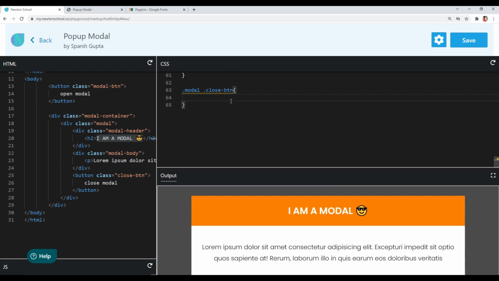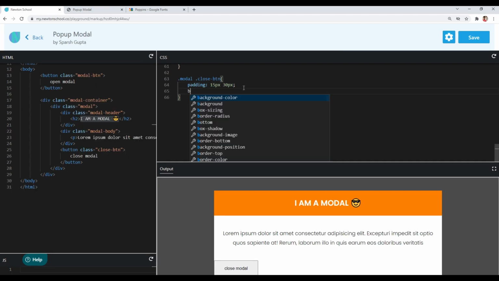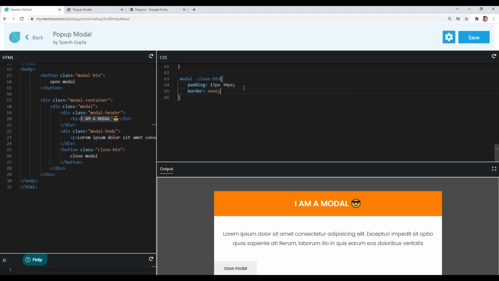First of all, I will give some spacing inside it. So I will use padding and I want 15 pixel from top and bottom and 30 pixel from left and right. I don't want any border, so I will give none to our border property. I will give it a background color of hashtag ff7a00 and as I told you, button elements do not inherit font family, so I will use inherit keyword in the font family,